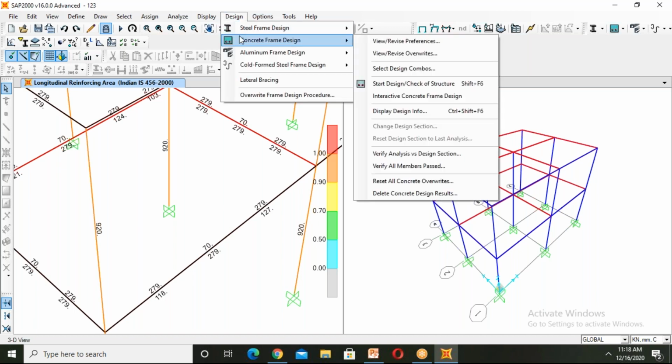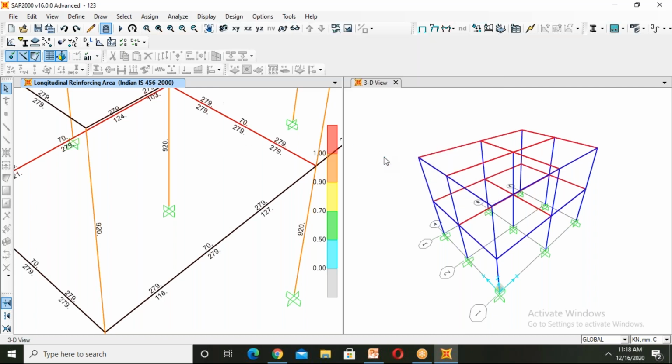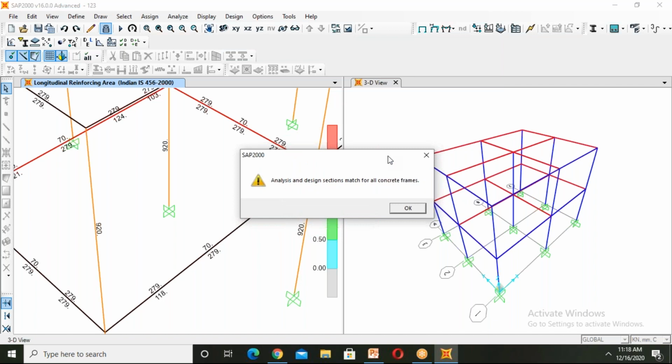After all this, we have to check whether all members pass the design analysis or not. For that, we should go to Concrete Frame Design, Verify Analysis versus Design. So we will get a pop-up that analysis and design sections match for concrete frames.